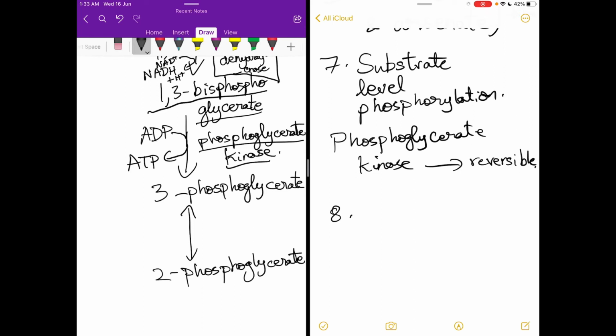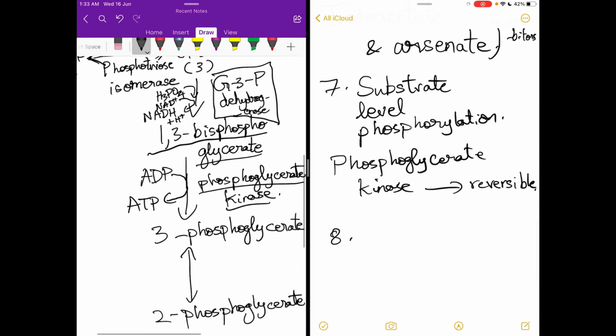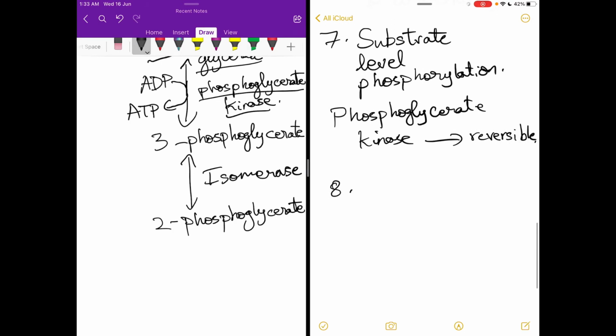And also the seventh reaction, I just told you that it's reversible, right? So that also shall be indicated by a double-headed arrow. And now remember that for any isomerization reaction, the enzyme that is going to be involved is called isomerase, right? So nothing much about this reaction, it is very self-explanatory. We can move on to the ninth reaction or the ninth step of glycolysis.